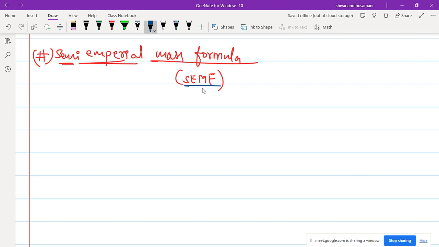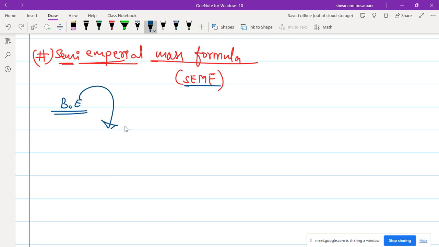Okay, this is the semi-empirical mass formula. What is this semi-empirical mass formula? See, you defined binding energy at the end. This binding energy is not just a formula using mass defect. There are a lot of energies that form the total binding energy of the nucleus. So here we know the binding energy, but this binding energy is going to constitute